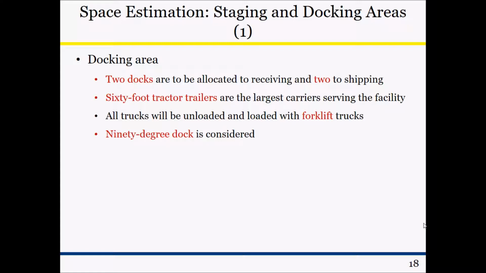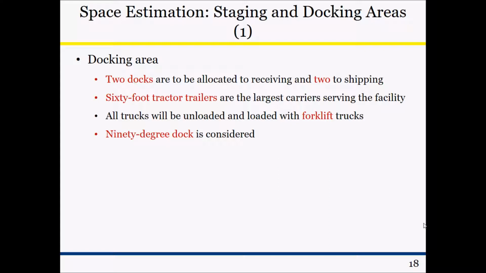Hello everyone. Today we are going to solve the space estimation problem, particularly the one associated with staging and docking areas. And here is a description of the docking area. There are two docks to be allocated to receiving, and another two docks assigned to the shipping process. So we have a total of four docks in this area, and 60-foot tractor trailers are the largest carrier serving